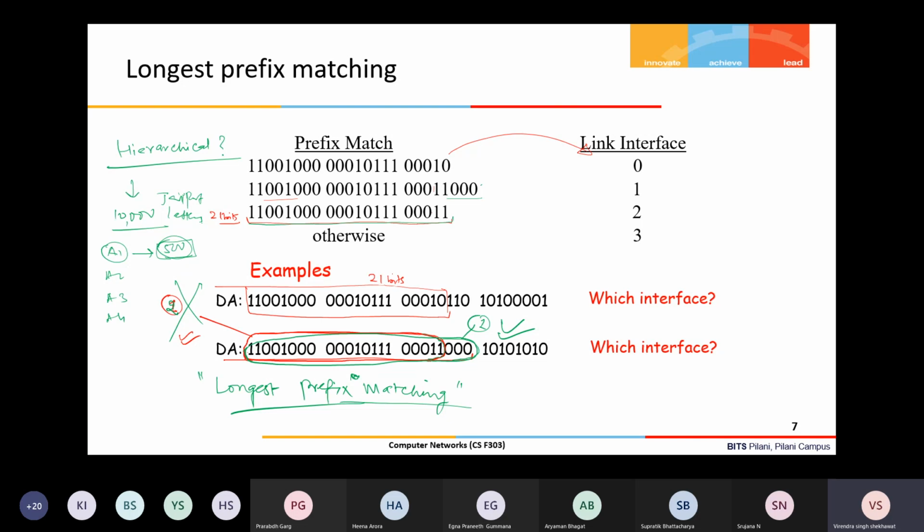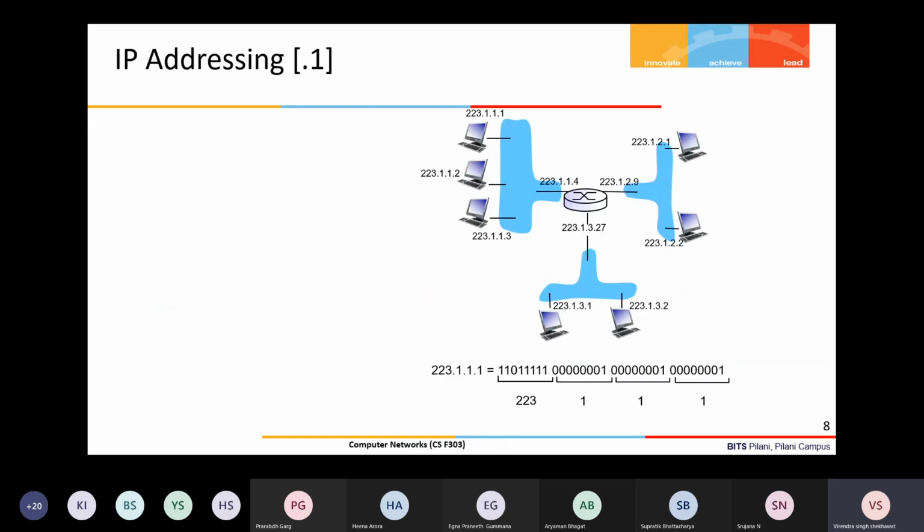Now within an area, let us say there is a street, and a street may have 2 or 3 localities. Then the locality or building, and within the building you have the exact house number, right? This kind of hierarchy is there in IP addresses also. If we follow this hierarchy, then the larger prefix takes me closer to the actual destination. This is the reason why longest prefix matching is used. More precisely in terms of IP addresses, we will understand in the subsequent slide.